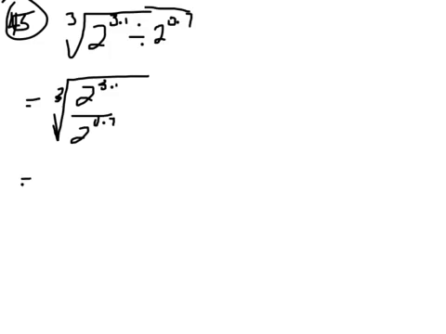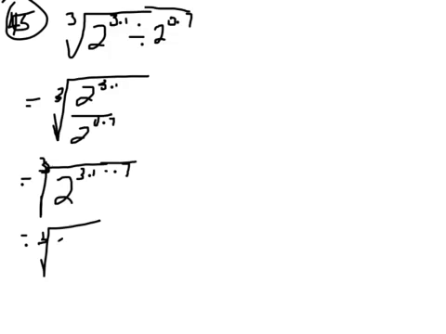And I haven't really rewritten this as a fractional exponent yet. I'm going to keep simplifying on the inside first, just so we don't have such a confusing thing. Do you remember the rule is if you've got exponents on the same base, you subtract them. So all we're going to do is say 3.1 minus 0.7, which is 31 minus 7, so 24, so this would be 2.4. Okay, so if I've got the cube root of this, that's just going to be 2 to the 2.4,